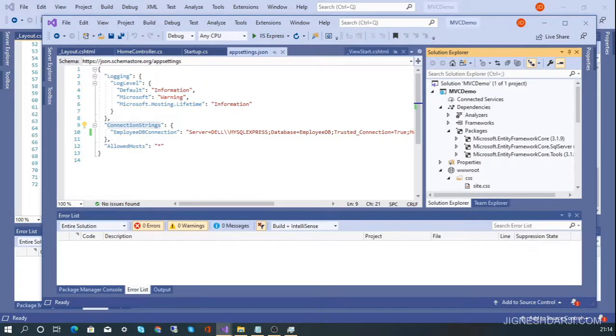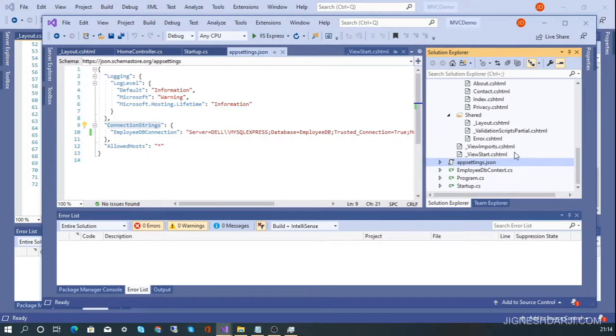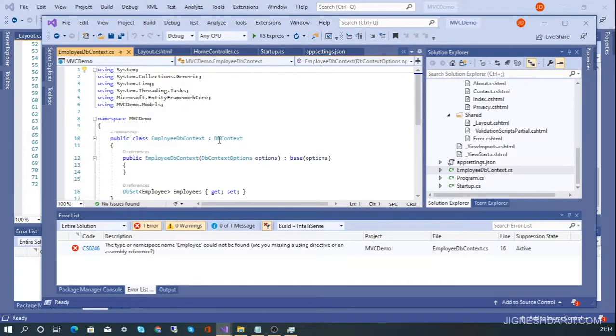Okay, so after this Entity Framework setup, we need to create one context class for our DB context. I already created it inside our project, that is EmployeeDBContext, and I inherit from DbContext. I deleted this particular class, that's why it gives one error.